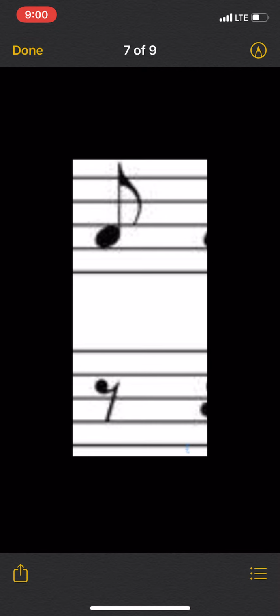Half note gets 2, which is half of 4. Quarter note gets 1, which is half of 2. So the pattern is every beat that we go to that's subdividing and ever changing, guys, it's going to be half of whatever note